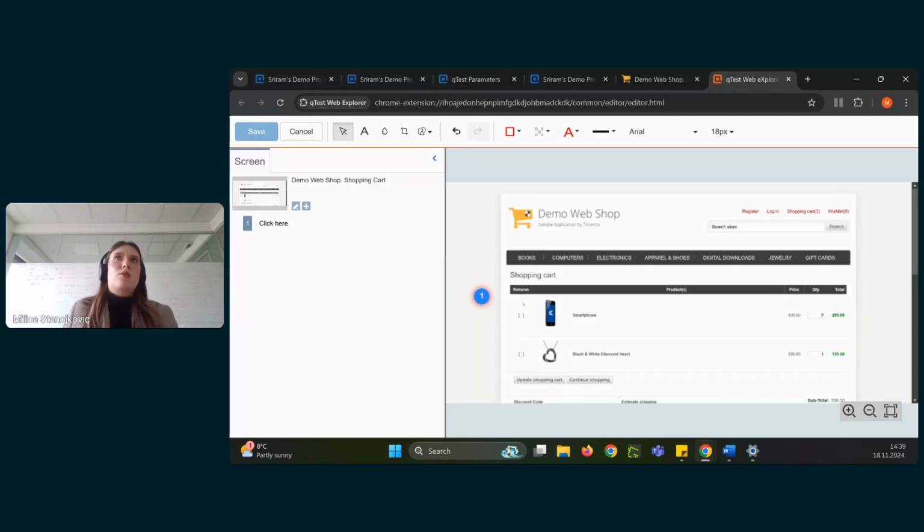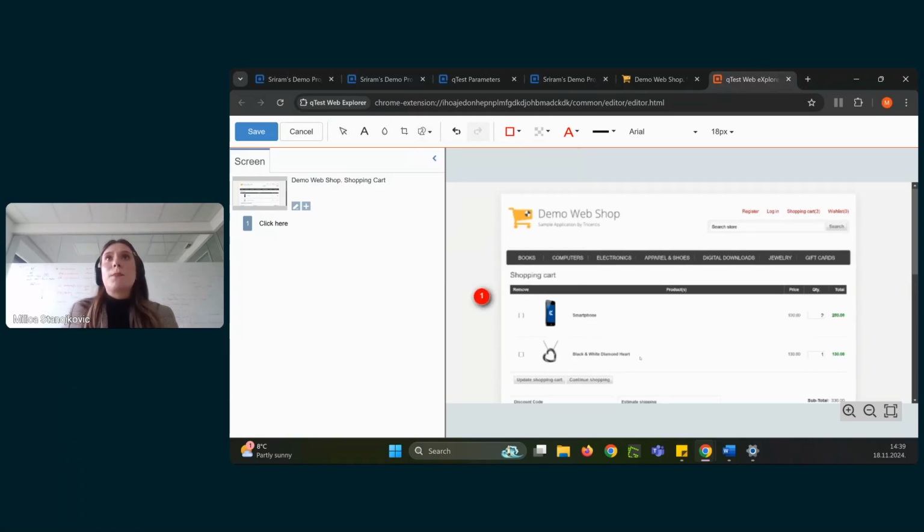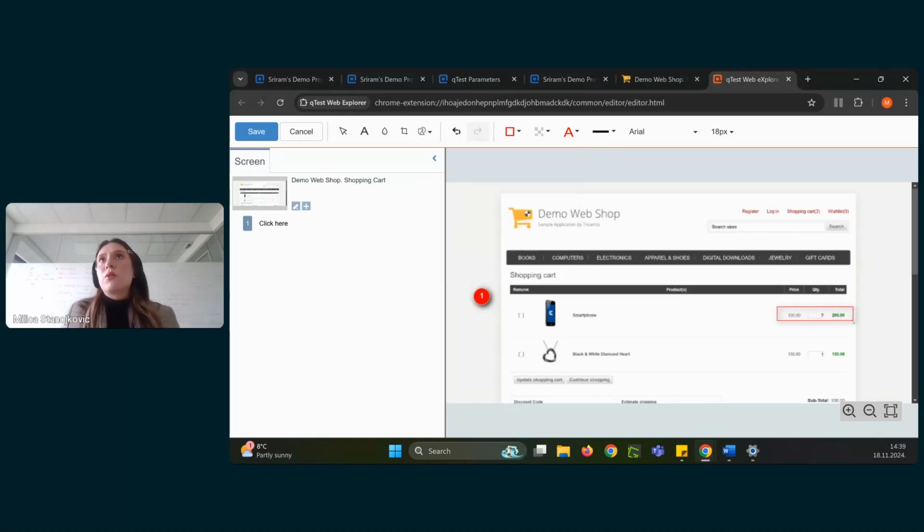So these circles are basically your clicks, let's call them. This opens this documentation presentation. Let's call it like that. And here you can add your notes, you can add text, you can crop images, you can add different shapes. For example, if maybe something isn't right with quantity, for example, I can mark it like this, and I can add another note. I can also change the color, change the font, change the size of the font. And if I want to add text,